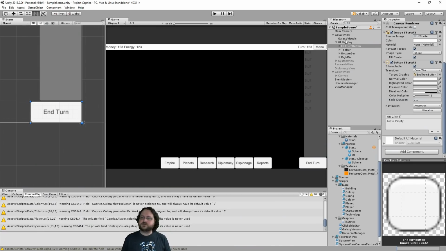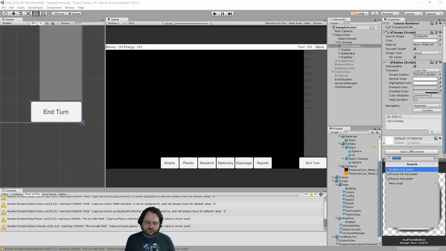Because what I was going to try to do is avoid writing a script for the end turn button, but I don't think that's going to happen. So we will go ahead and write a script, and my UI code, I like to usually preface with UI, just because it makes it really clear that it's just a random UI script that's not very important. I tend to put them in a different folder as well, but UI end turn button,